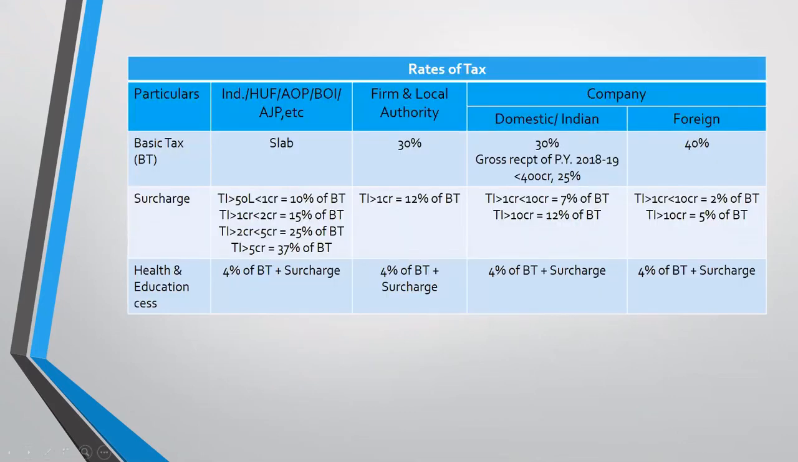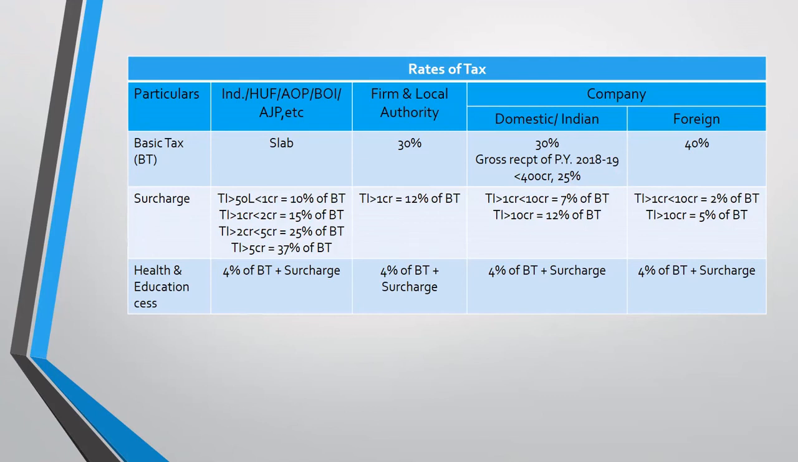This is a chart of your rates of taxes. Rates of tax is different for each category of person. For an individual, HUF, AOP, BOI, AJP, that is artificial juridical person, there is one kind of rates. Then there is for firm and local authority, and then for a company. Now, let's just look at the individual